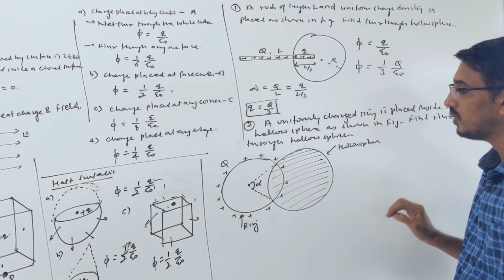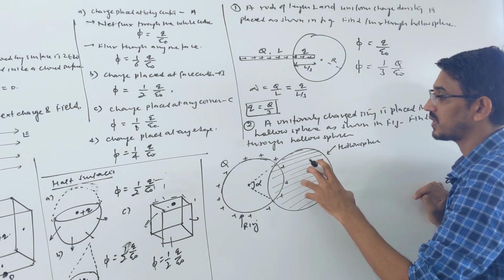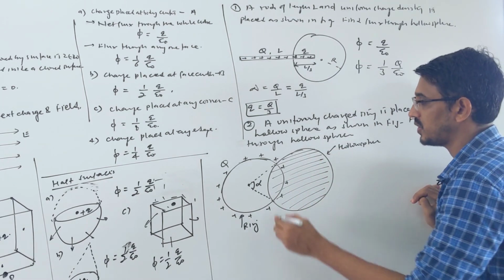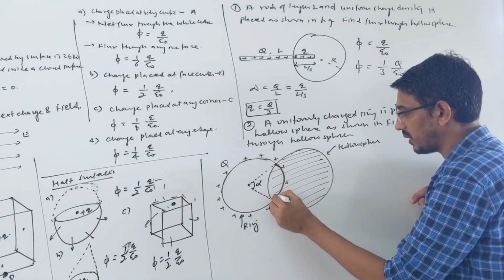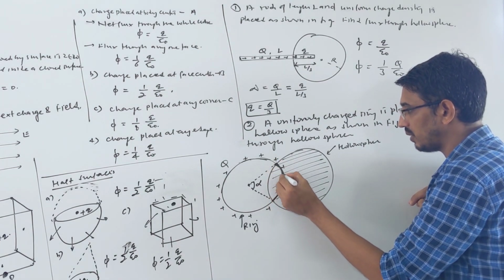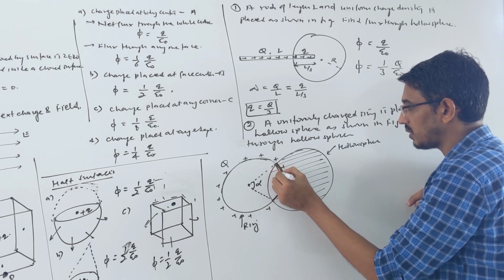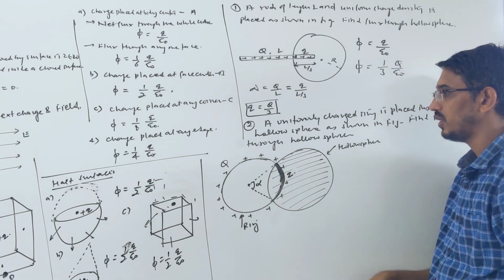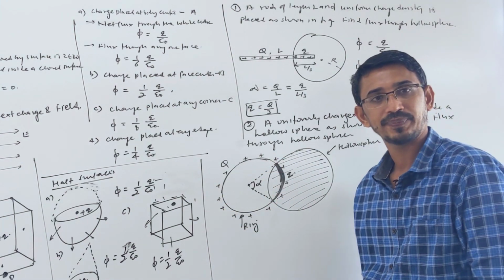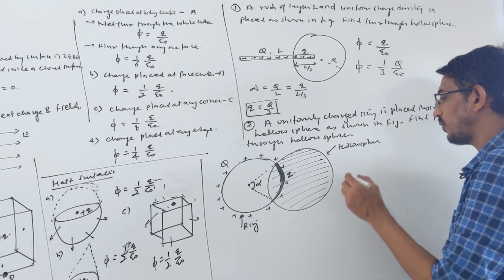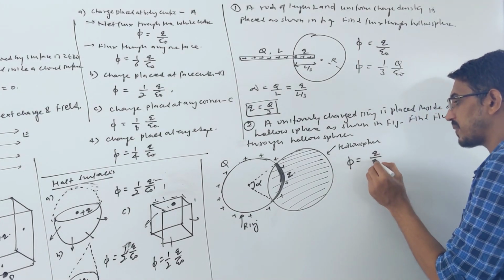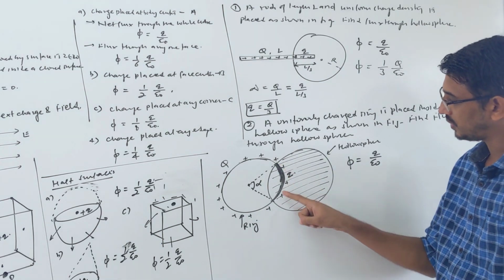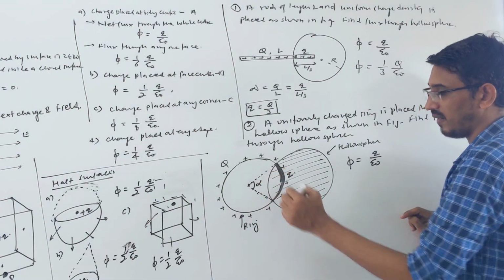So they are asking us to calculate the flux coming through this hollow sphere. So we need the charge inside the hollow sphere. Charge means the charge on this much part of the ring. This is the arc of that ring or circle. What is the charge on this much part that you want to calculate? Let's call that small q. Net charge is given as capital Q. So the formula remains the same. Flux is equal to q upon epsilon naught. We want to calculate the charge inside this hollow sphere, means the charge on this much part, which is subtending an angle alpha.